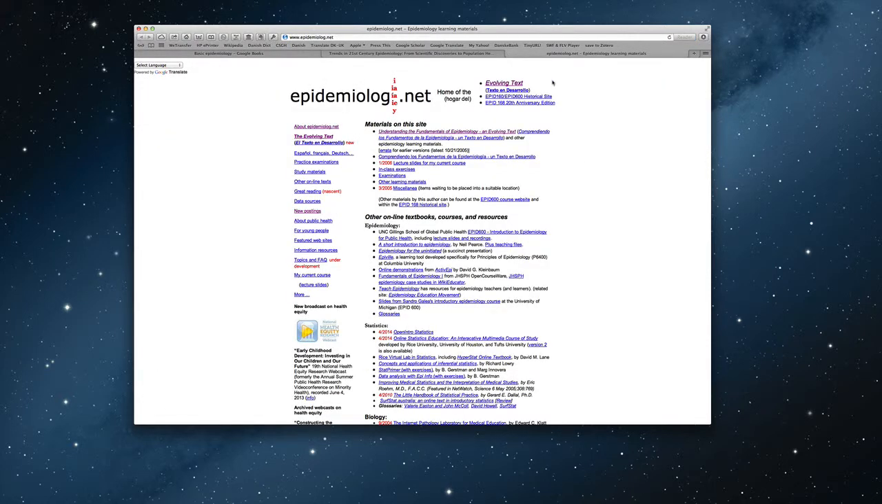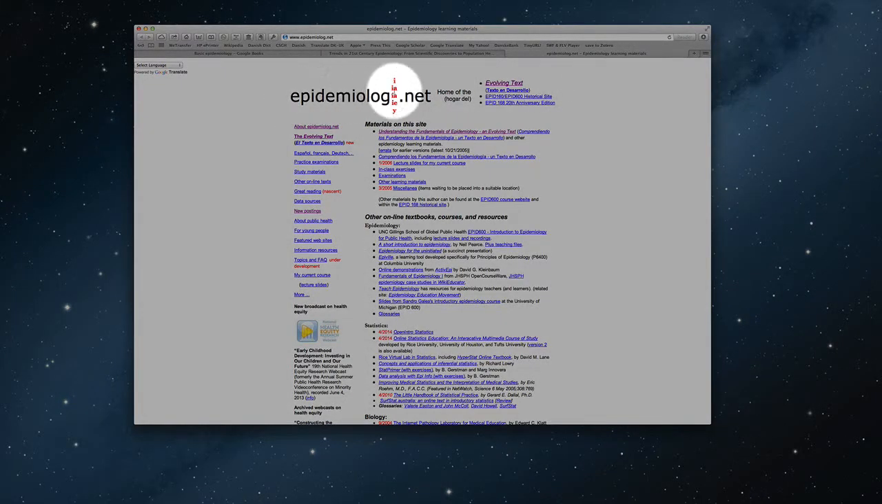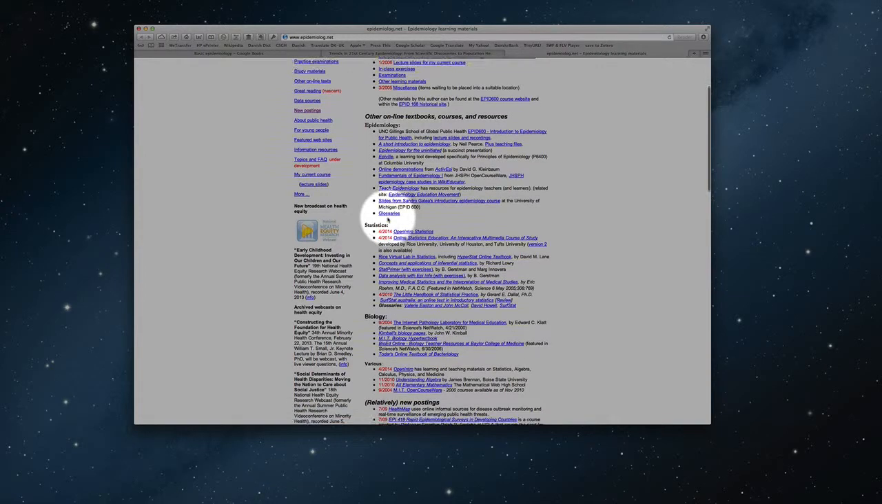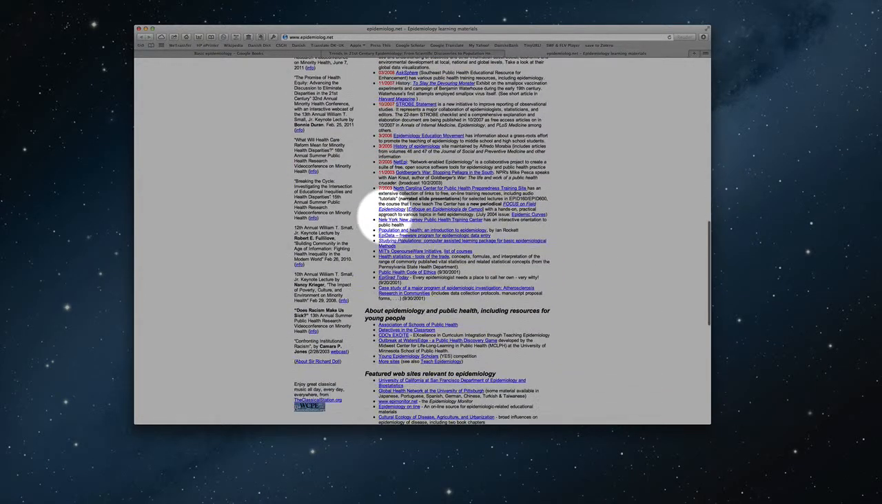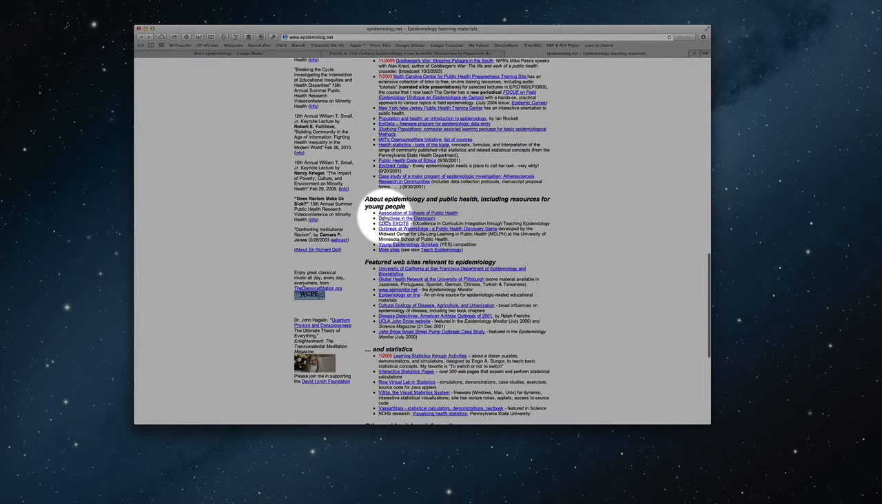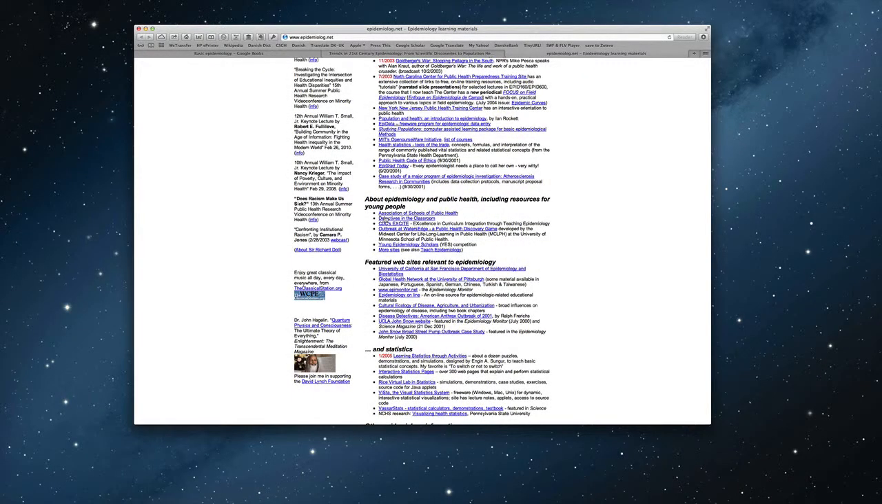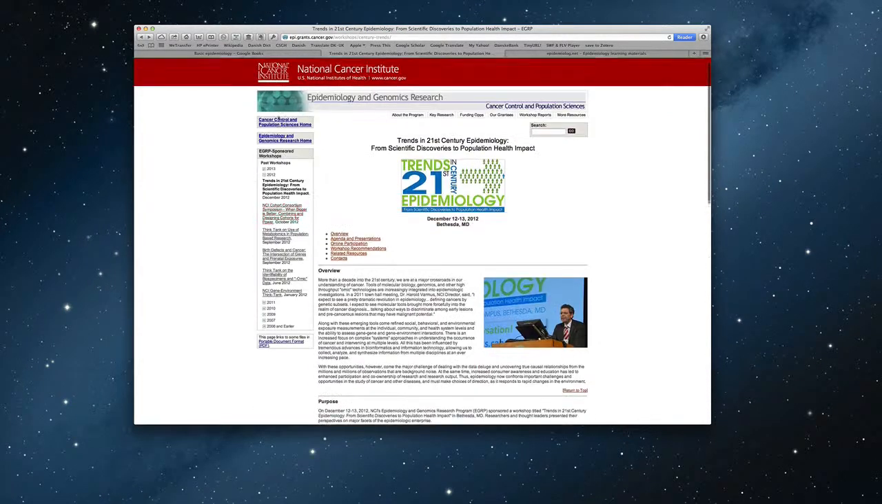resource I wanted to share with you is this website, which is called epidemiolog.net. Here you see the address up there, where you find a lot of different freely available lectures, textbooks, and other resources. And last but not least, I also thought I should point you, for those who are interested in